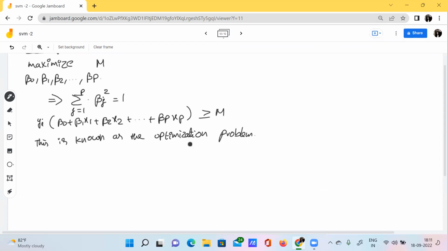So what is he saying here? This entire expression should be greater than or equal to M. What does that mean?